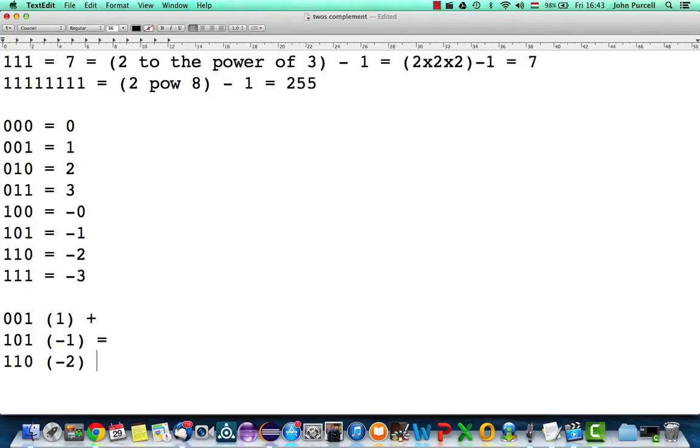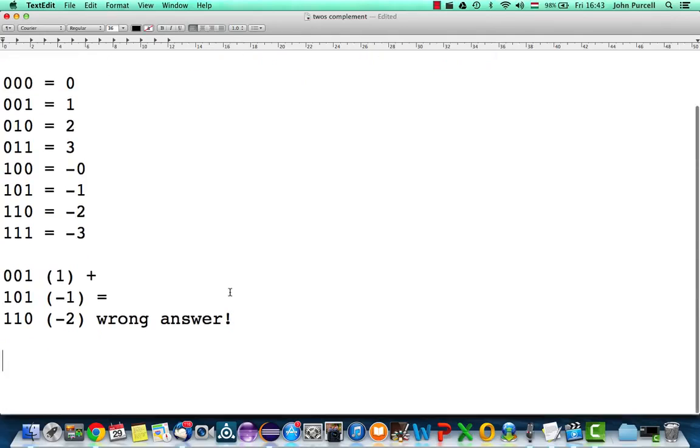So we should have got 0. Plus 1 added to minus 1 should be 0, but we've got the wrong answer. So this system is rubbish, and that's why it's not used anywhere. But we can tweak it a bit. If we tweak it a little bit, we can make arithmetic a lot easier to do